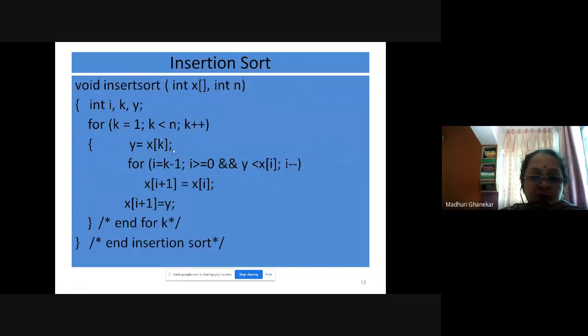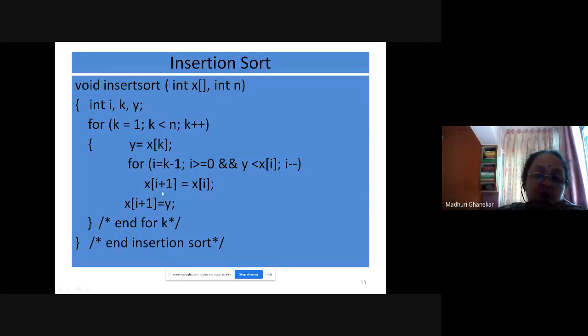So there are 2 for loops. This is the first loop where you are performing the comparison, picking up the first element from the unsorted list and storing it into the temporary location. And this is the second for loop, which is used for shifting. So whenever the given data is in ascending order and you want to sort it into ascending order, or the given data is in descending order and you want to sort it into descending order only, exactly the same thing exists in the data.